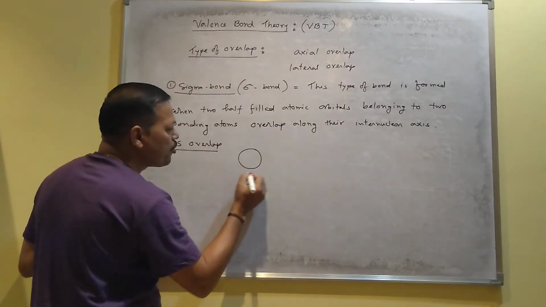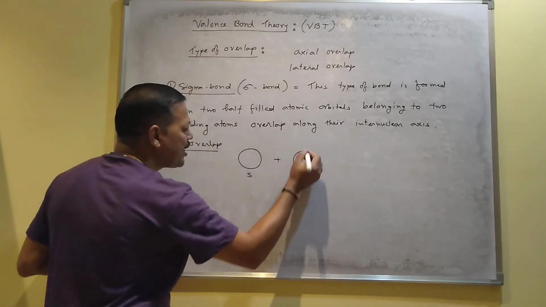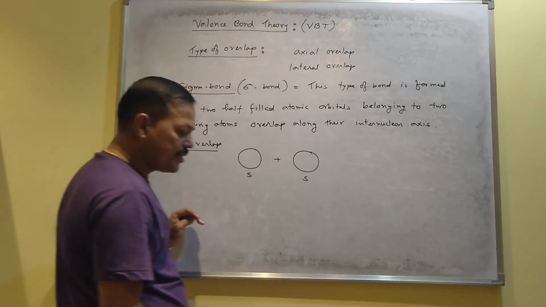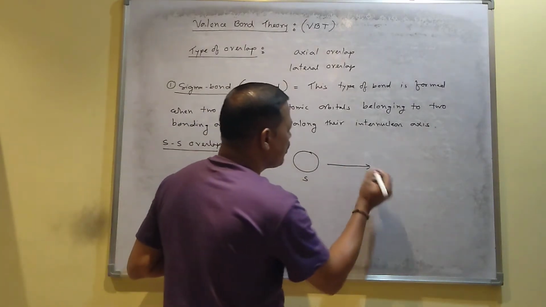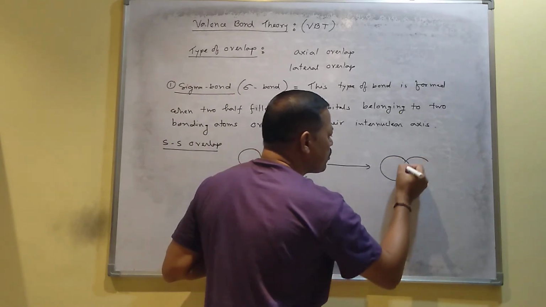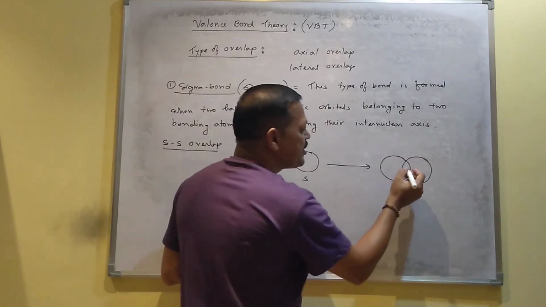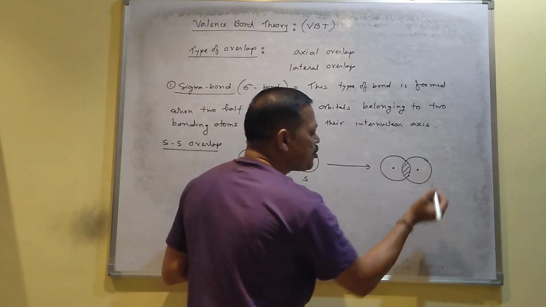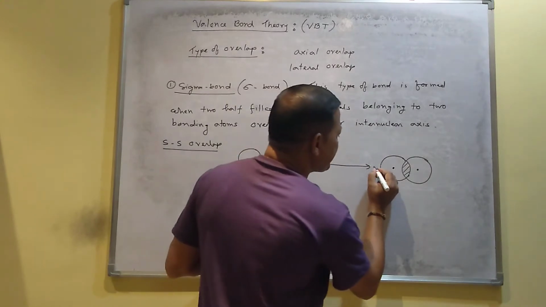Suppose this is one s orbital, this is another s orbital. As you know, s orbitals are spherical in shape. Then they will overlap this way, and this is the overlap area. This is the nucleus of one atom, this is the nucleus of another atom, and this axis